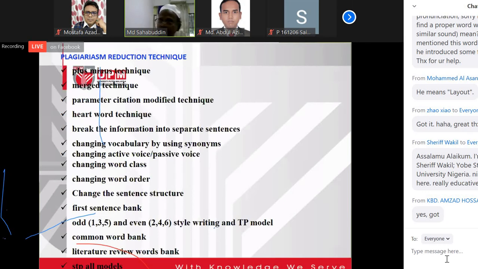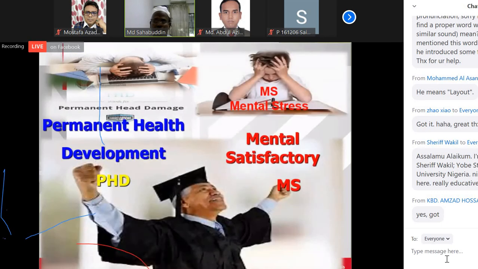Then for all STP models, especially for the parameter citation or the DB citation, you have to recycle 6 ways. You should not always follow only one model, STP. You have to follow STP, PTS, TPS, TSP, so 6 different styles, RIB, DB, DB, IB, RB. This technique is also helpful to reduce plagiarism and improve English quality.